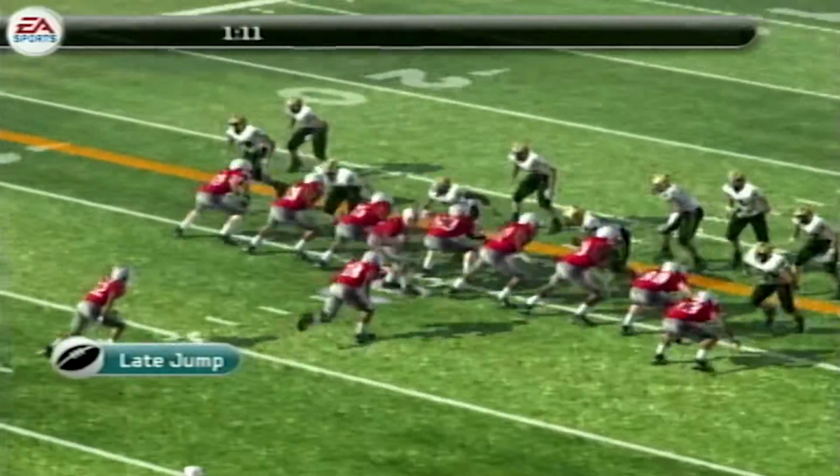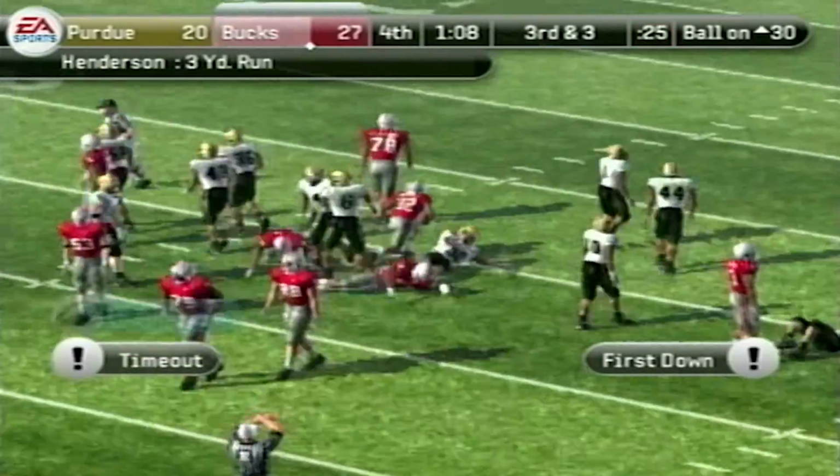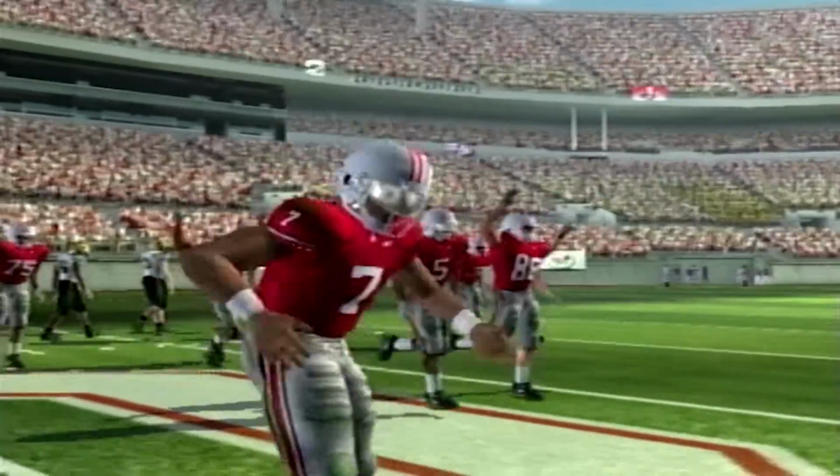And then the offense ices it with, yes, a run. Thank you, virtual Ryan Day. There'll be no upset today, no Purdue Harbor 2. Ohio State wins 27-20, avoids the upset. Hopefully it's not as close as that in real life,